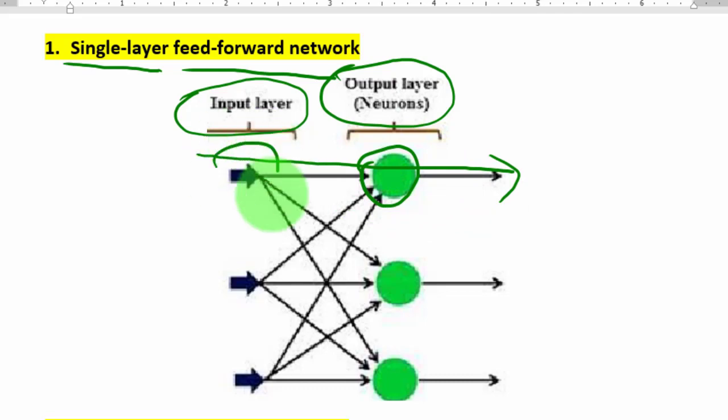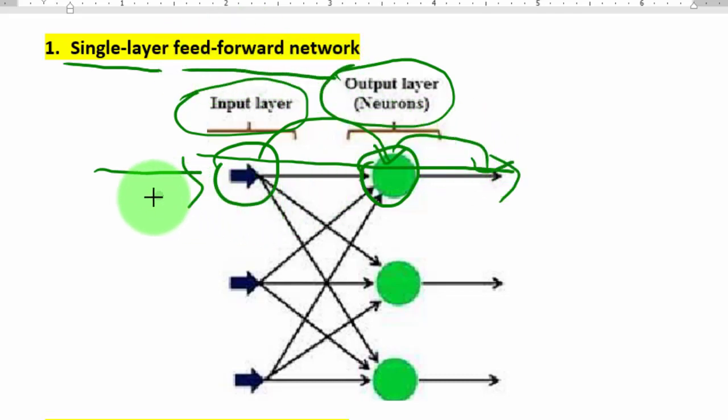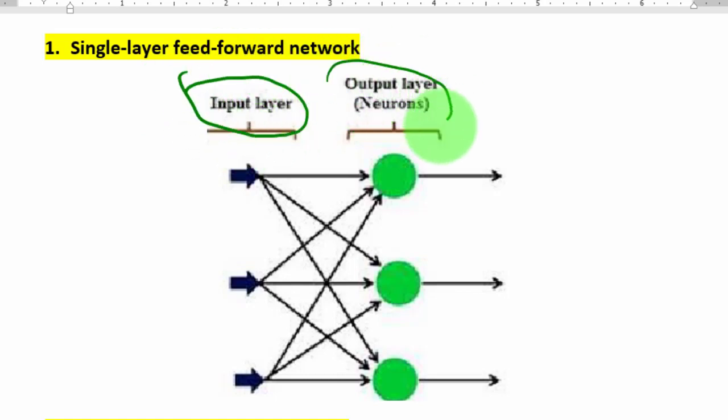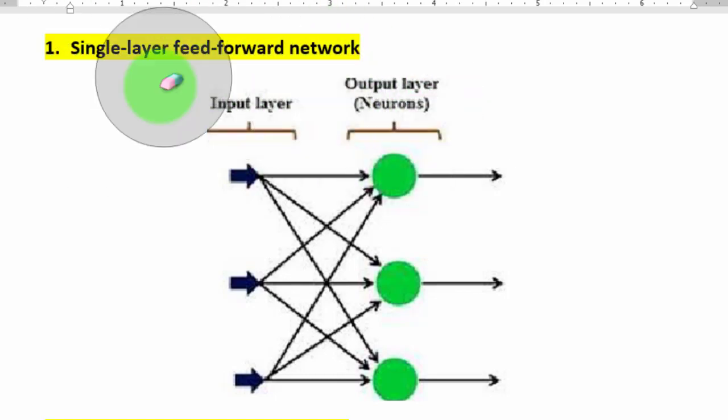This node will receive the input, feed the input into it, and this node will give the input to this. This node processes the input and gives the output. That's why it is called a feed forward network. Any information will flow only in one direction. एक ही direction में information flow. So in case of single layer, always remember, we have two layers, input layer and the output layer.